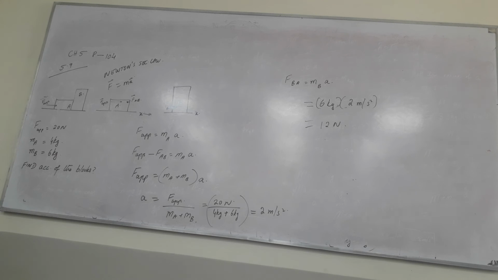Like in this case, since we had the forces and we had the mass, we had to find the acceleration. But we cannot directly put in the value of the force and the acceleration in the initial step. We have to first break down all the forces along the x-axis, y-axis, whatever is given to us, and then try to understand what is the F net. Net means the final force that's acting in a certain direction.